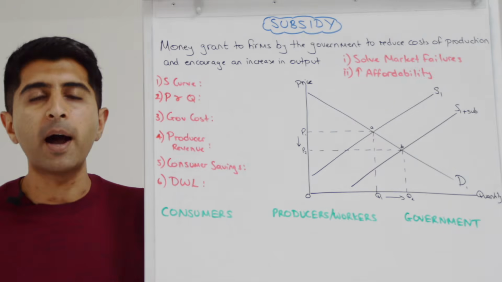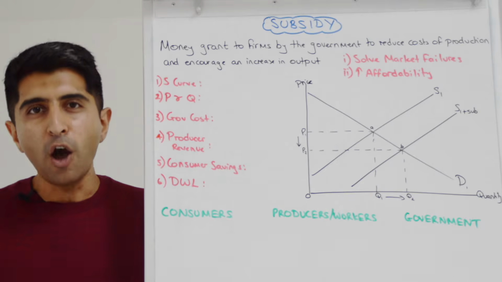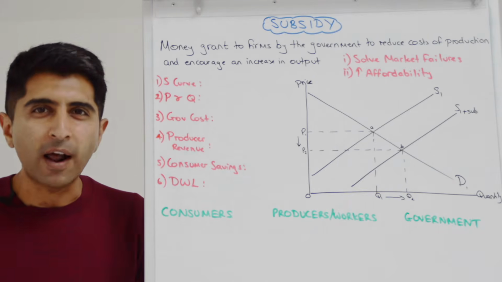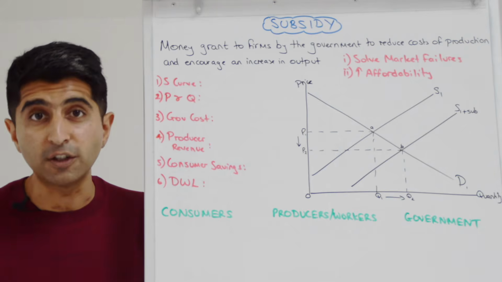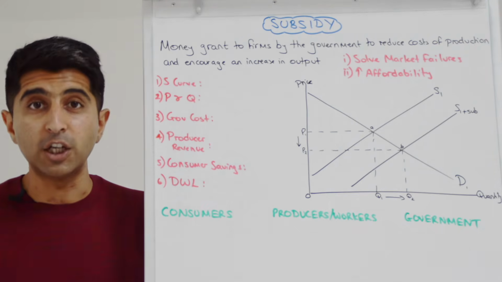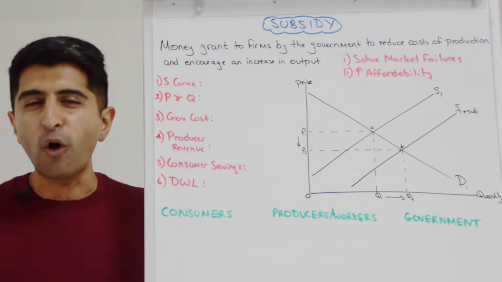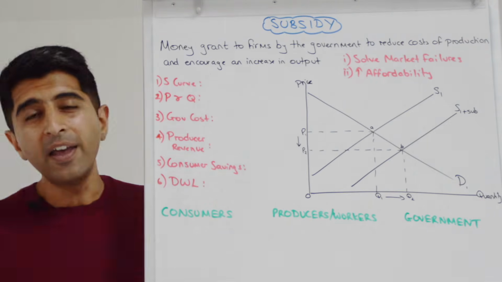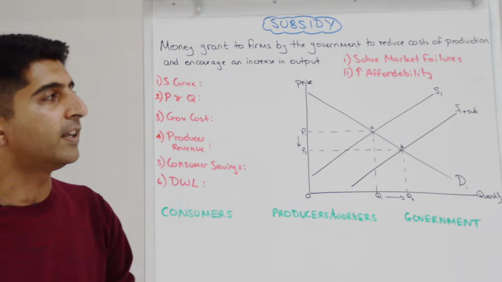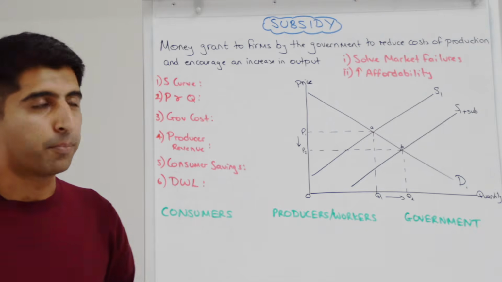First of all, to solve market failures, that is, to encourage more consumption and more production of goods and services that are beneficial to the whole of society. So governments around the world often will subsidize vaccinations, healthcare, education more widely. They'll subsidize public transportation like trains and buses. They'll subsidize energy efficient boilers, home insulation, electric cars, even in-work training programs and research and development that firms engage in often will receive subsidies, all for this core purpose, to encourage more consumption and more production of those goods